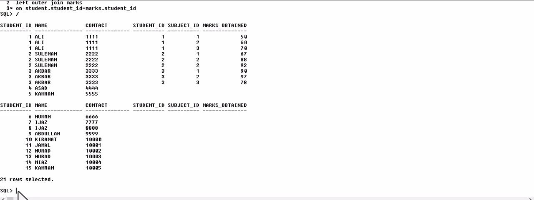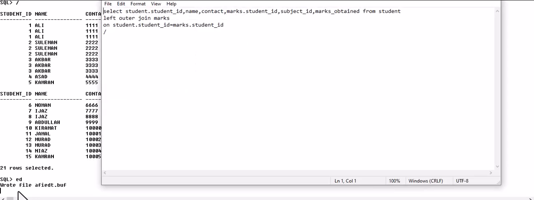So in left join, what is happening? In left join, the left table. In this case, you can see this one is the left table. So select these columns. First we write the left table. The left table is student, so it will display all the records from the left table, the student table, and the